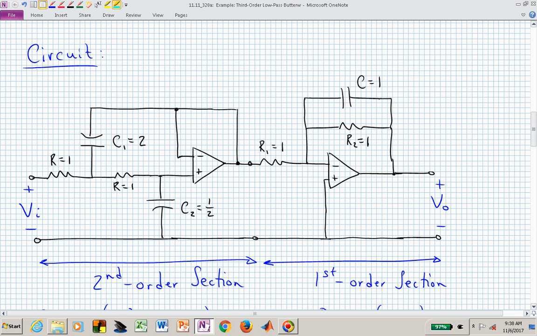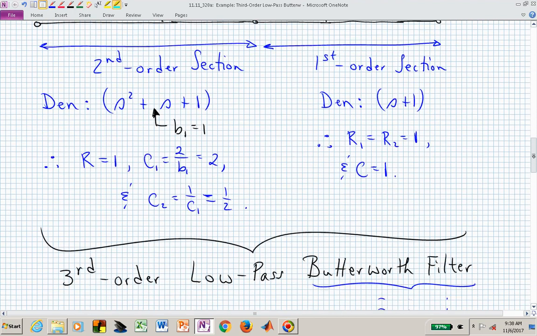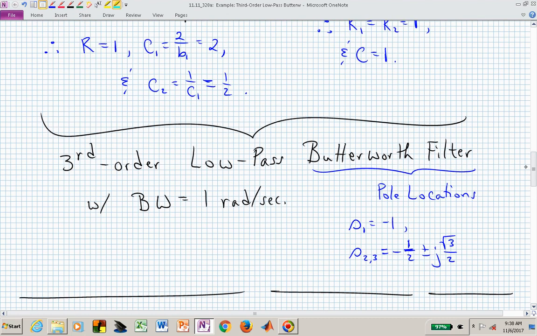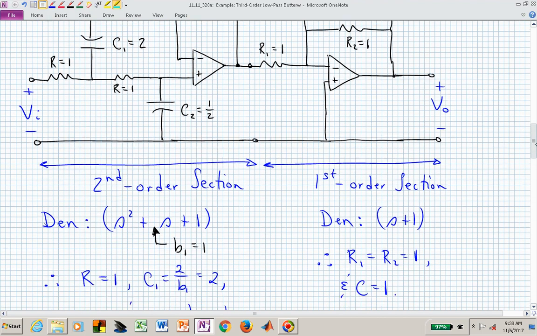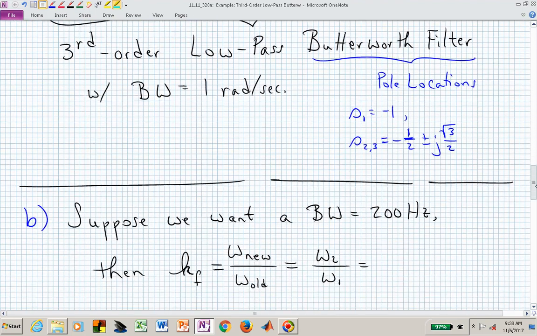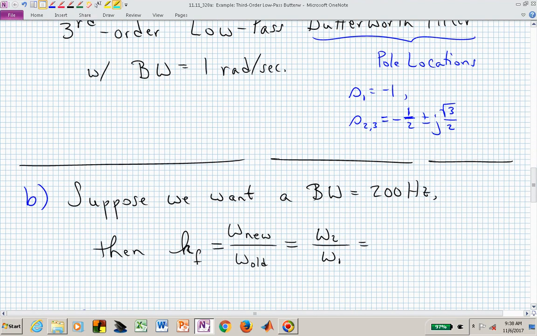That's the circuit that you would have to build with those appropriate parameters to achieve a 1 radian per second bandwidth. And you can see that's a pretty small bandwidth, and those are pretty big capacitors, 2 1/2 farads. So now, to become a little bit more realistic, suppose that we want a bandwidth of 200 hertz, not 1